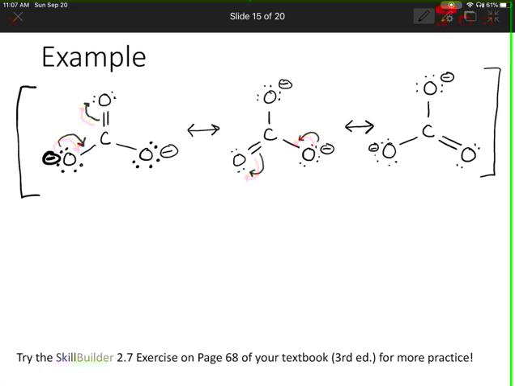But additionally, are these 3 structures the same or different? So they're technically different in the sense that the double bond has moved around. But if you think about their energy, do they all have the same energy? Yes, because really we're just rotating the molecule in a sense, right? So all 3 structures have the same energy. So we would call these,